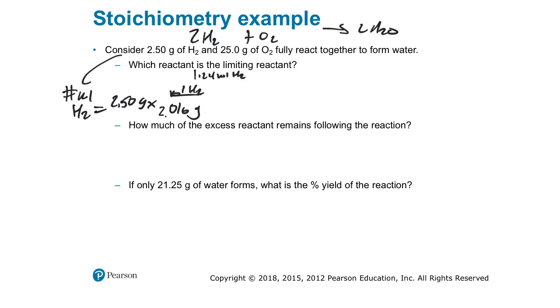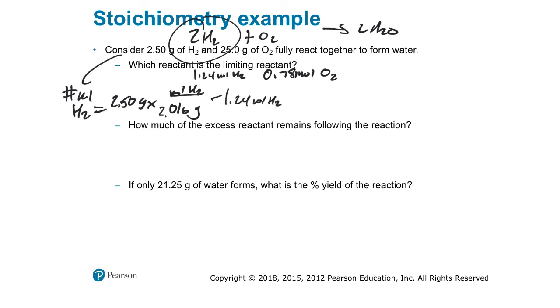And then if I do 25 divided by 32, that's 0.78 moles. So if I'm going to consume all of the oxygen, I need twice as much H2. I don't have that. If I multiply the oxygen moles by 2, let me throw in one more sig fig, that'd be 0.781 moles. But that's still well above the moles of hydrogen I have given. So the H2 is going to be my limiting reactant here, because I'm going to consume all the 1.24 moles